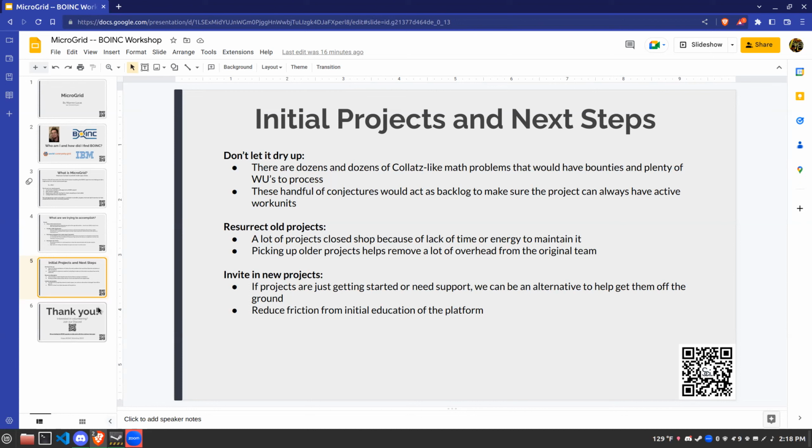So the goal would be to set up an initial couple of math problems that are more conjecture-like, where we can get those reoccurring things. There are plenty of bountied math problems that have existed for a long time that don't have any BOINC programs, like Collatz, think Collatz conjecture. But our goal is not to solve Collatz or solve whether P equals NP or P doesn't equal NP, right? That's not our goal. The goal is to have work units so there's always something for someone to reach in and grab.